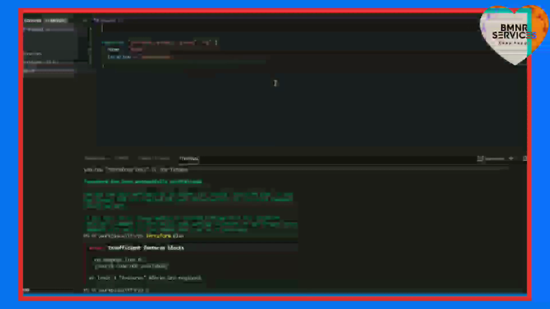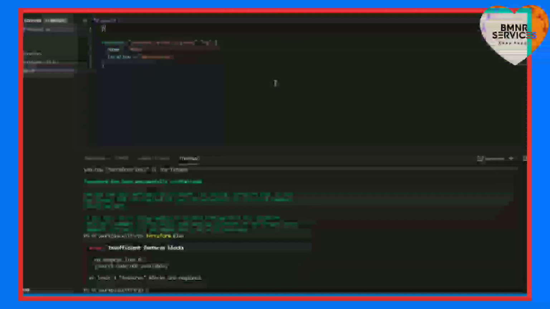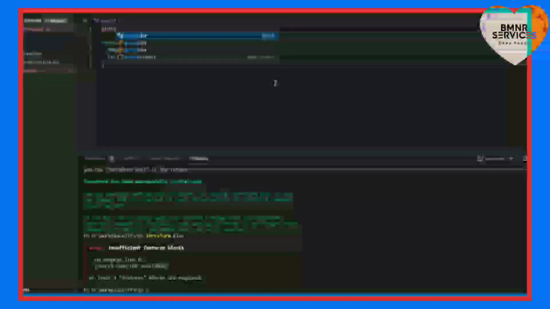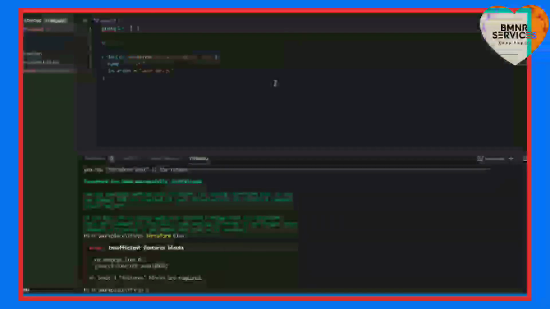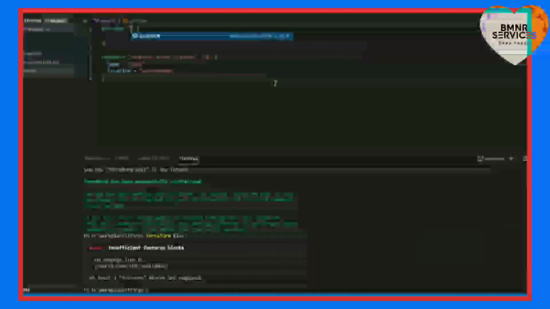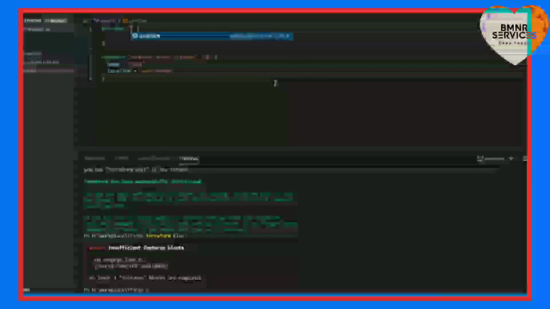So provider block, just enter there and mention the provider. See, it auto-populated azurerm, select that